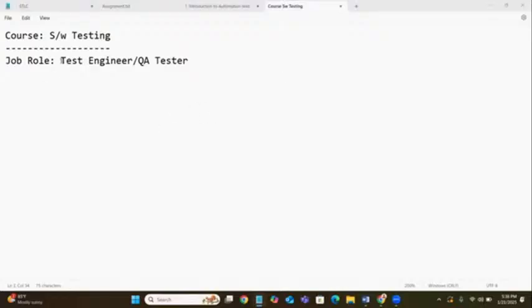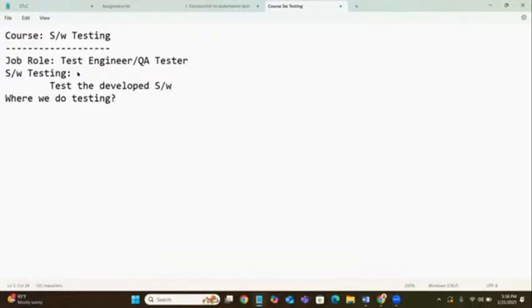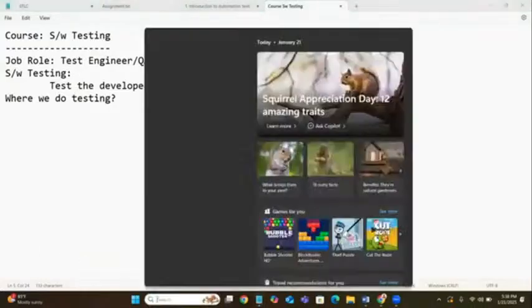So basically, where we do testing, it is very important. When you talk about software testing, the simple way of saying it is: test the developed software, whether it is working properly or not. We have to test it. Test the developed software. So when you talk about the software, generally if I go for the applications,